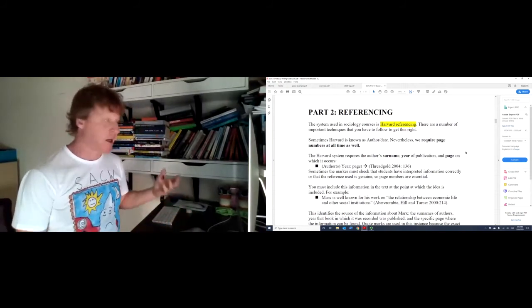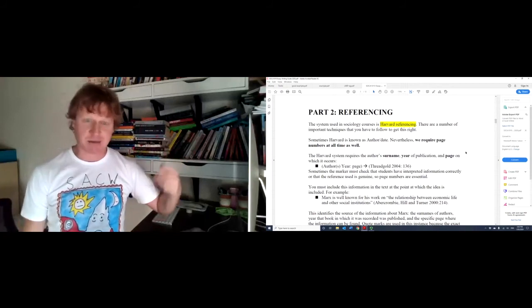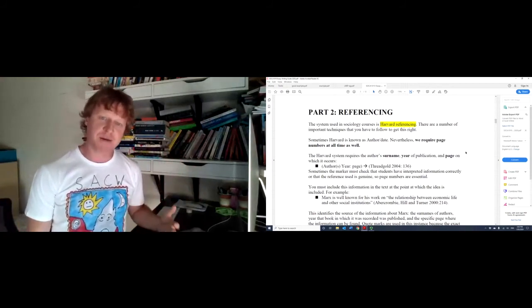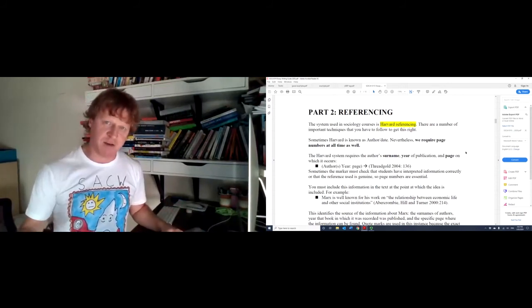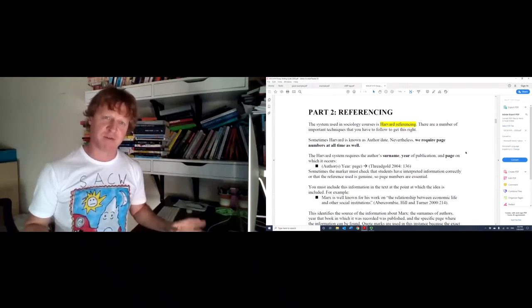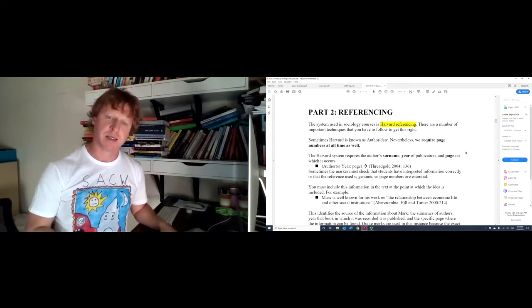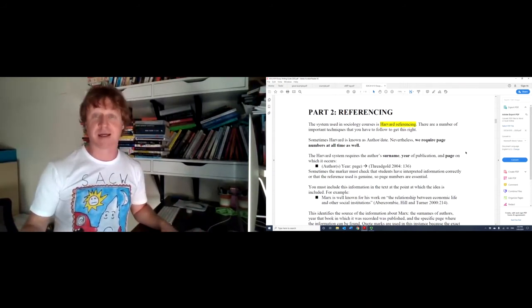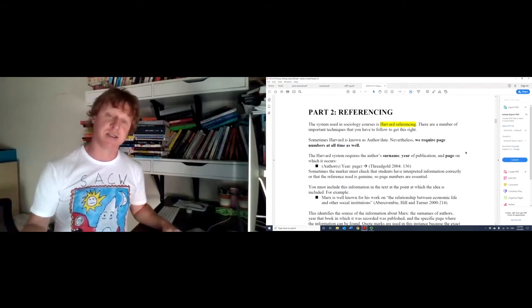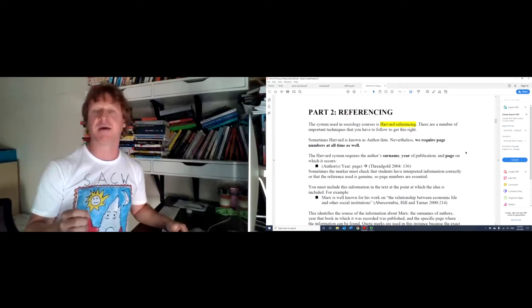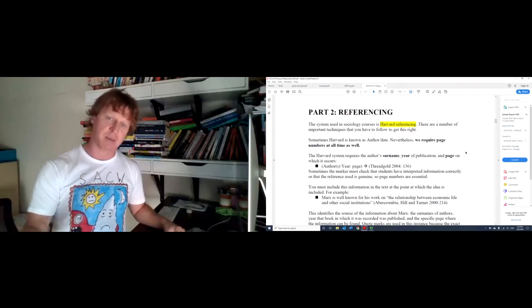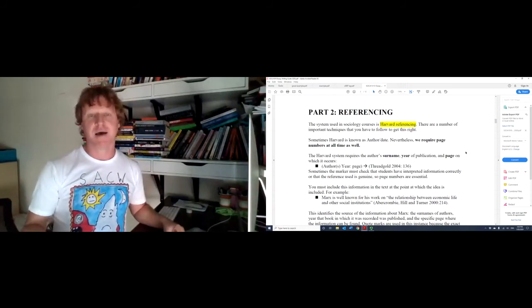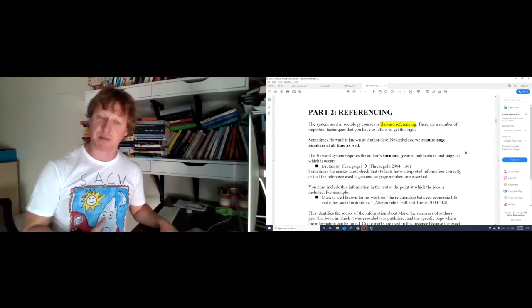Another thing to think about is that a theorist or sociologist like Bourdieu or Marx often change the definitions of their concepts over time. So something like Bourdieu's idea of habitus, for instance, has had a multiplicity of different definitions between when he first started writing about it in the 60s up until his death in 2002. So again, to move into the upper echelons of the marks towards distinctions and HDs, pointing out that you're using that very specific definition or concept from that book allows you to flag to the marker that you're going into this material in some depth.